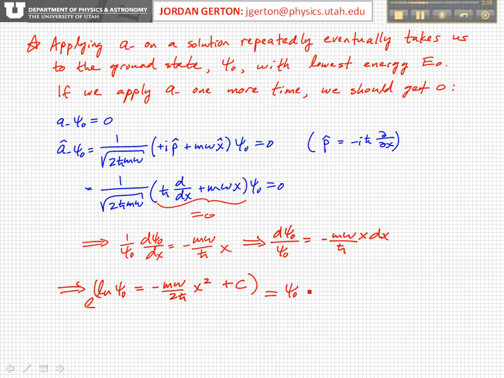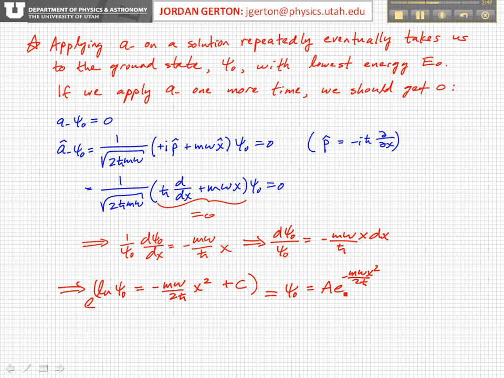So we get psi 0 is equal to e to the minus m omega x squared over 2 h bar. Okay, and now this e to the c just multiplies this and becomes another constant A. So all the constants go into this amplitude function. And so what we see is that the ground state wave function is equal to some normalization constant